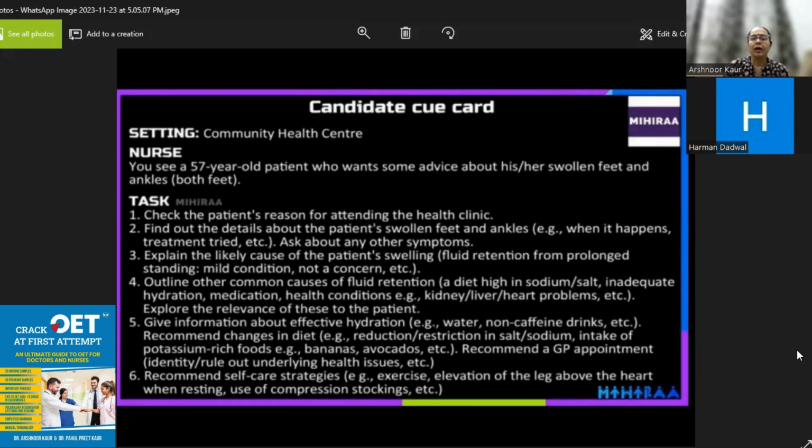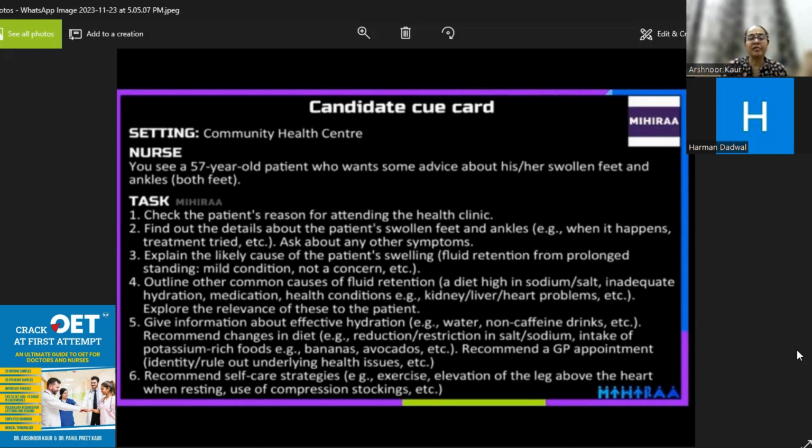Then, it might be that the patient has already told you that I am taking medicine for hypertension. Then you have to tell that, Mr. Wilson, as you are already suffering from hypertension, in that case, reducing your salt in the diet is imperative. You have to reduce salt as much as you can. Would you be able to do that? The patient will say yes. Now, the next is,